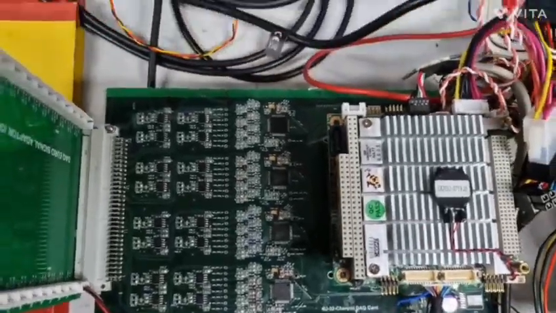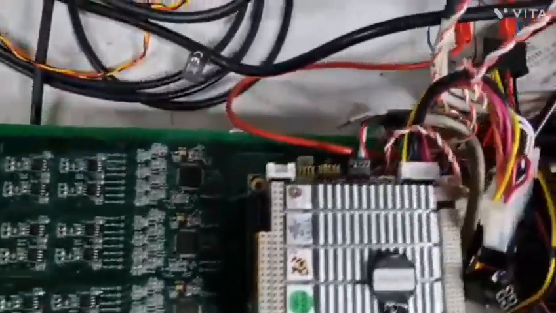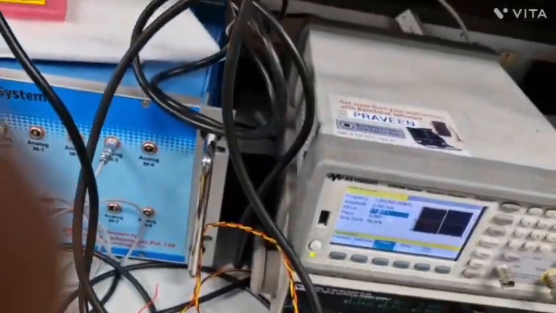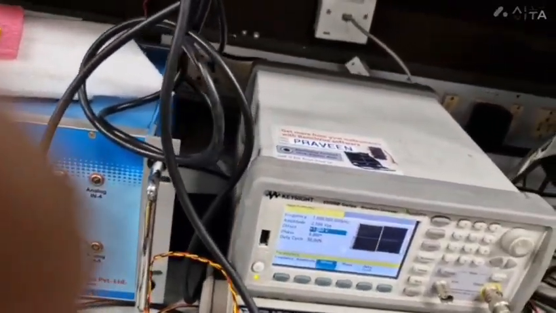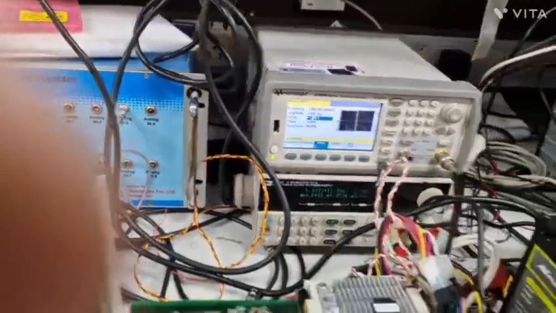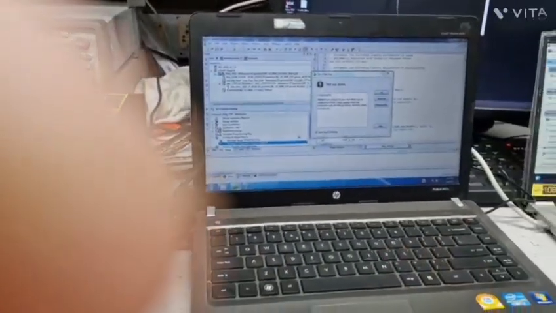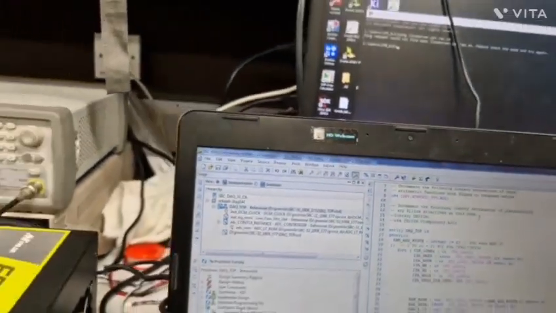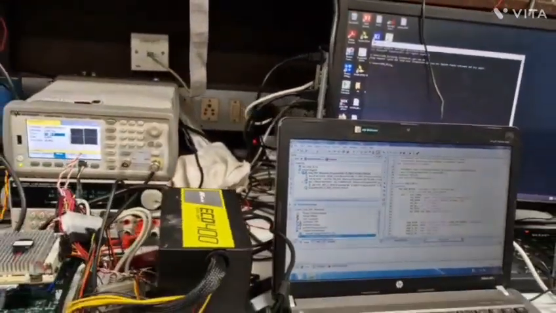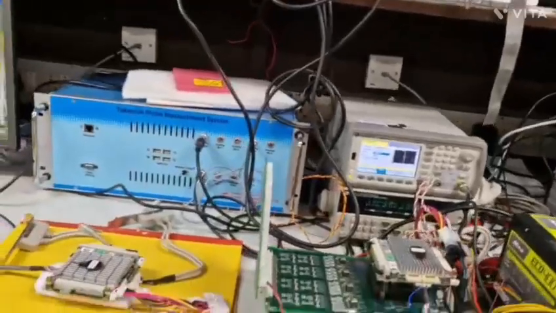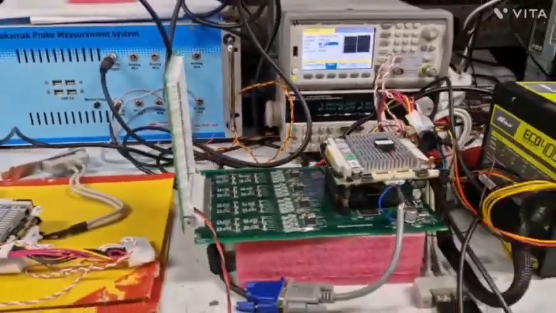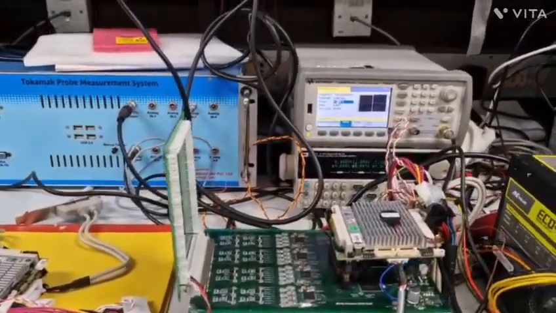FPGA is programmed through the JTAG connector, as you can see, the JTAG debugger. The programming is done using VHDL language for implementation of all the control logics and the read-write. These are the VHDL core programming. So the VHDL program implements control logics, acquires the process signal and stores the data in the local memory of the board and thereafter passes it to the single board computer.